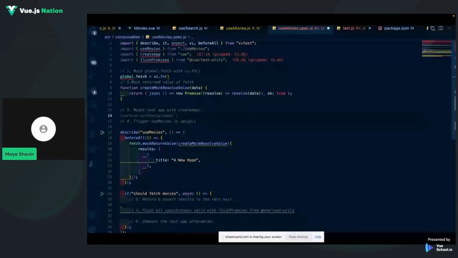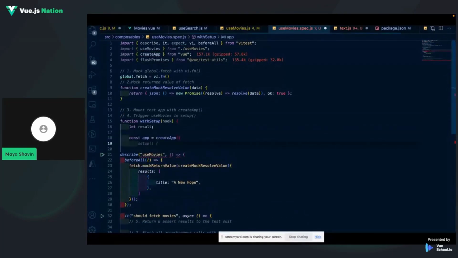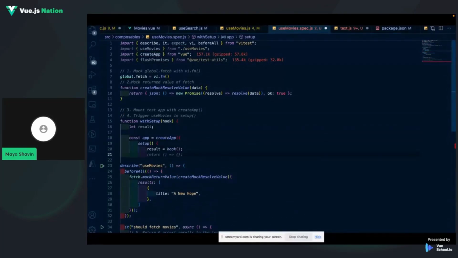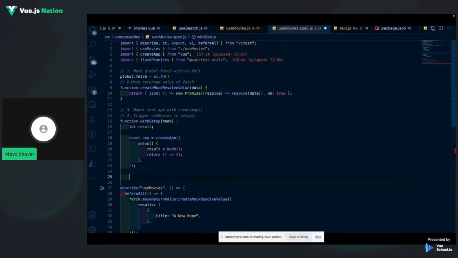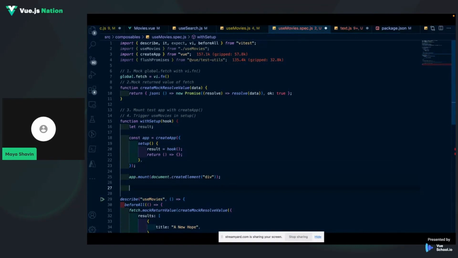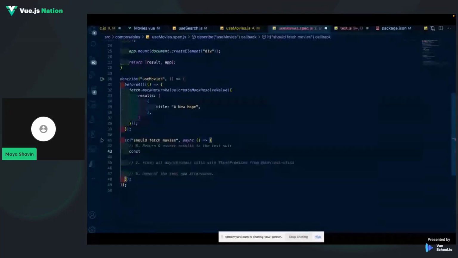Number three, now I'm going to write the function that will be reused to mount the testing app that has the setup hook. You can reuse it in other tests, either by exporting it from this file or by creating a util file for any testing mocks.